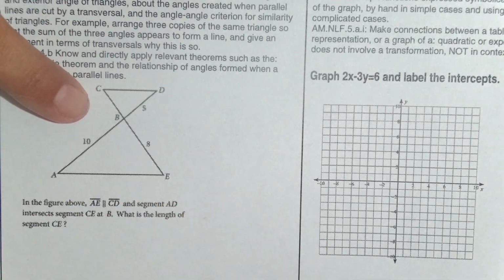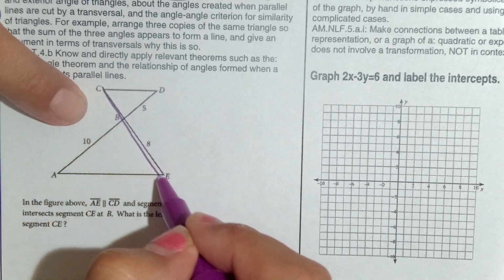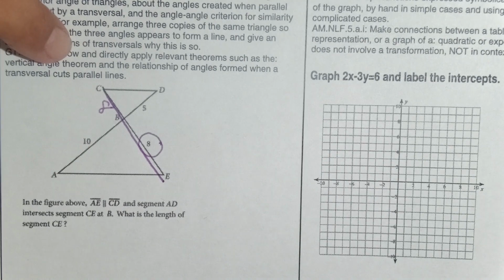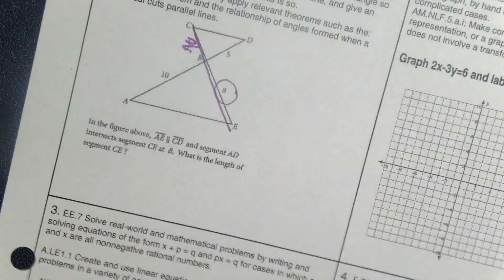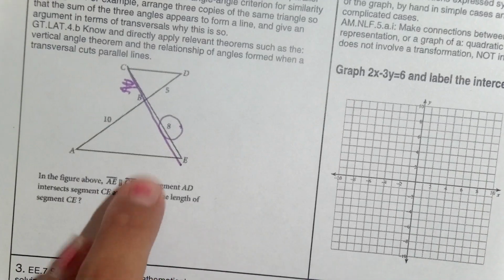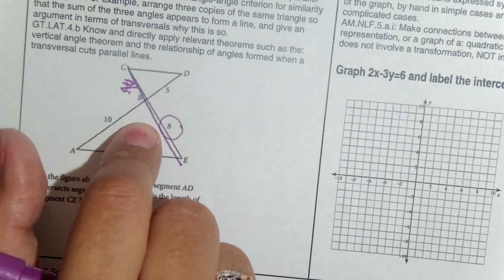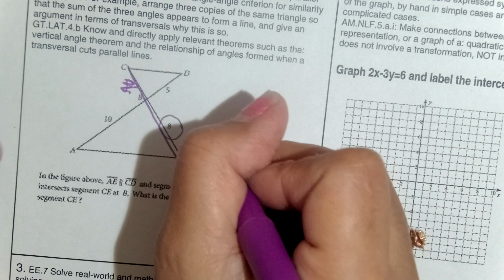So you're saying segment CE. So you said this is 8, so this is 8? Okay. So that's a good start, but remember that these are similar triangles, so they're not congruent, meaning that they're not the same, okay? So you have to set up a proportion so that